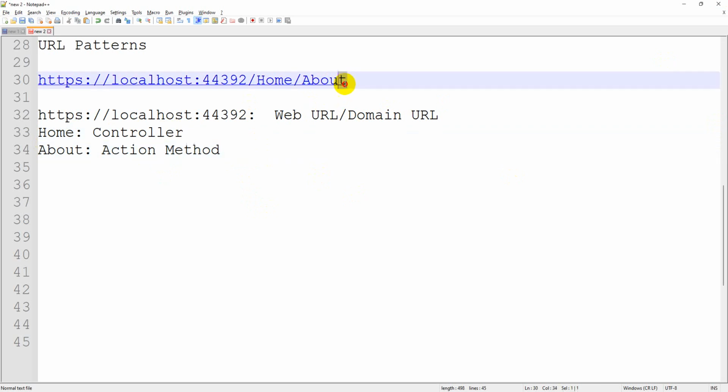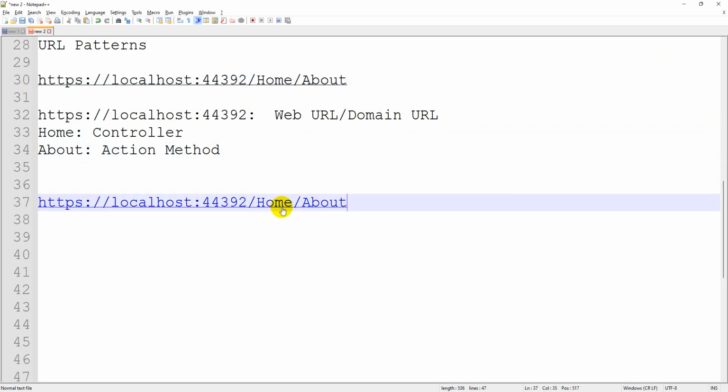Sometimes it is going to be like this. This is one example: employees, get employee, question mark, ID equals 2056.